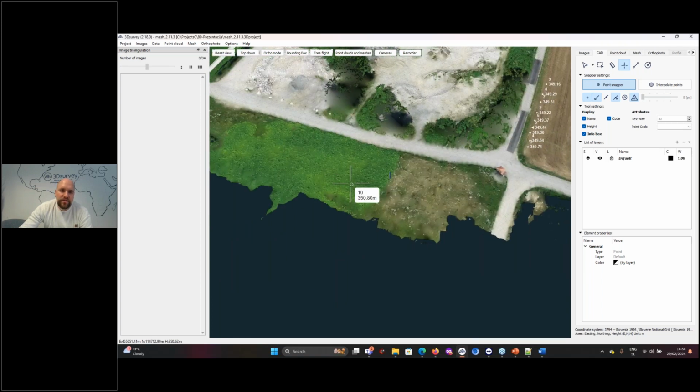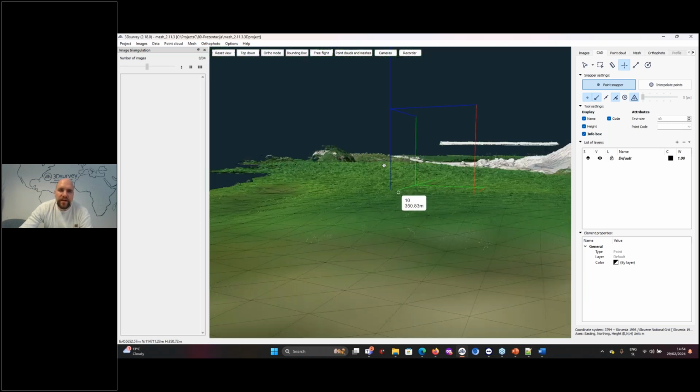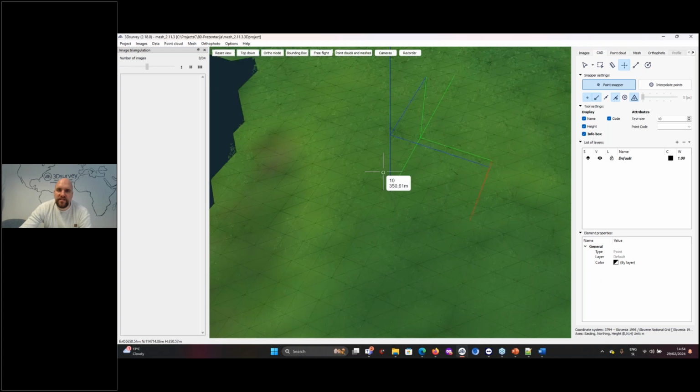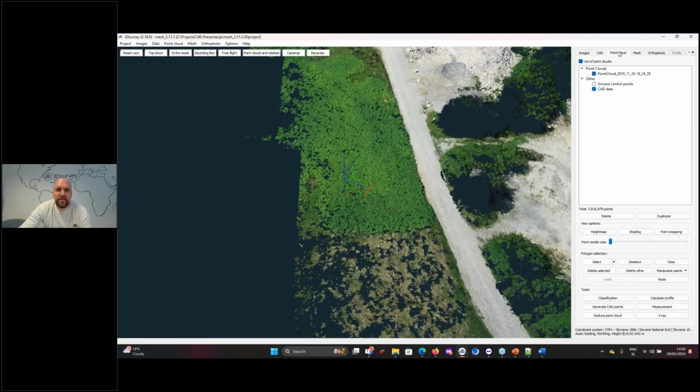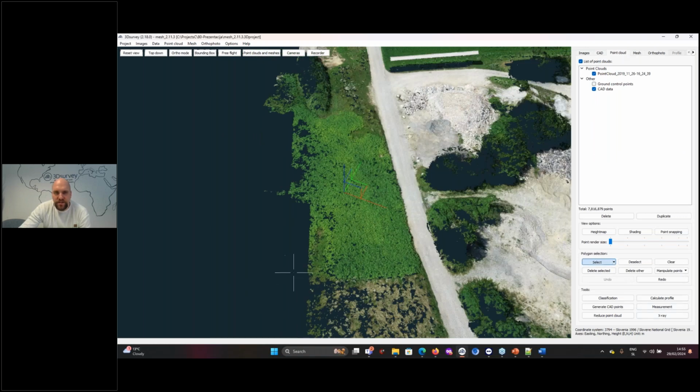The same goes, like here we have high grass. If we want to create a digital terrain model of an area where we have high grass, the best thing to do is to go to point cloud. I would select this area here.